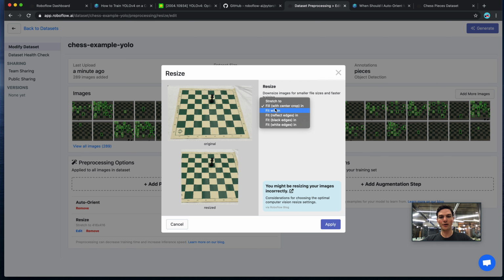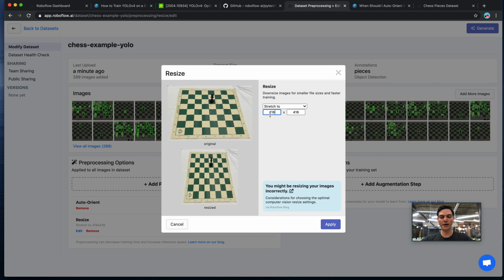For my example here, I'm going to go ahead and I will stretch to, and I'll do 500 by 500, or actually 416 by 416. The reason for that number is YOLO, the way that it performs its convolutions, actually expects multiples of 32. And 416 is large enough where there's enough pixel clarity to understand, but small enough that my model can learn more